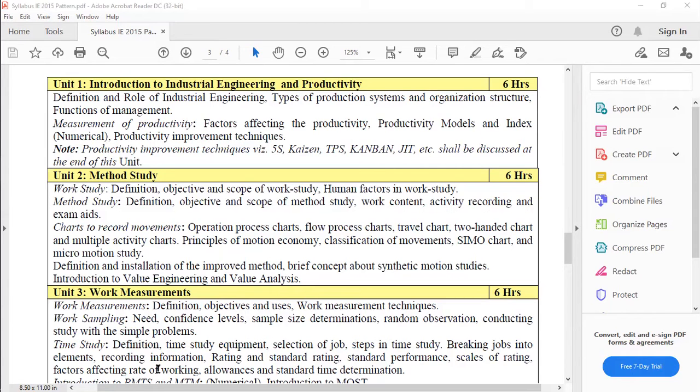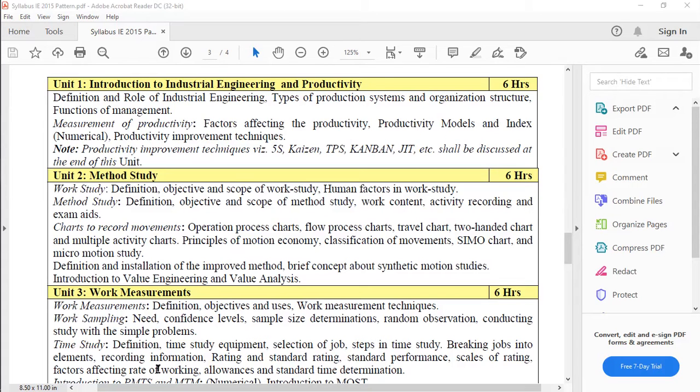Then we studied the concept of productivity, how to measure productivity, what the different measurement methods of productivity are, and what the different productivity improvement techniques are. So in the previous lecture, we studied some improvement techniques also, that is 5S, Kaizen, TPS, Kanban, just in time. So now we will start our next unit, that is the second unit, which is nothing but method